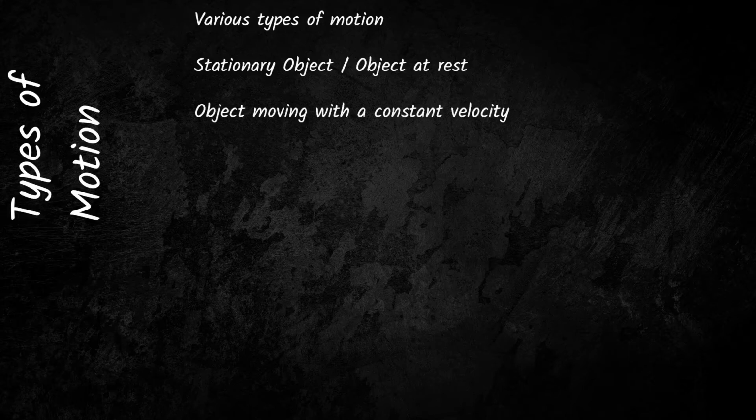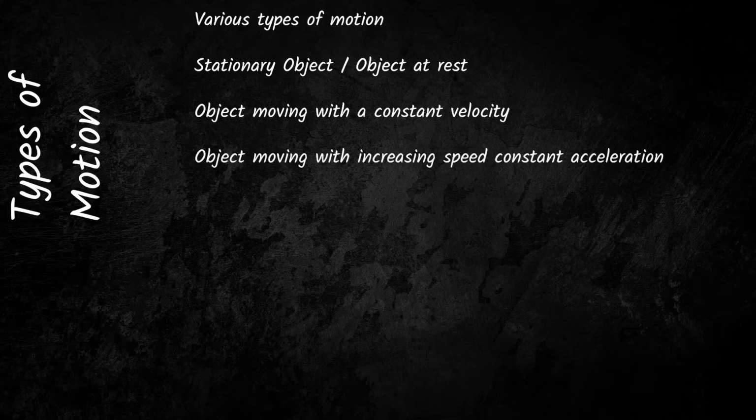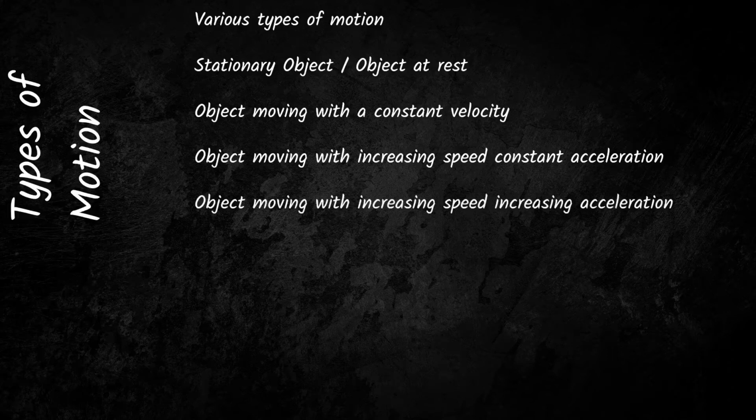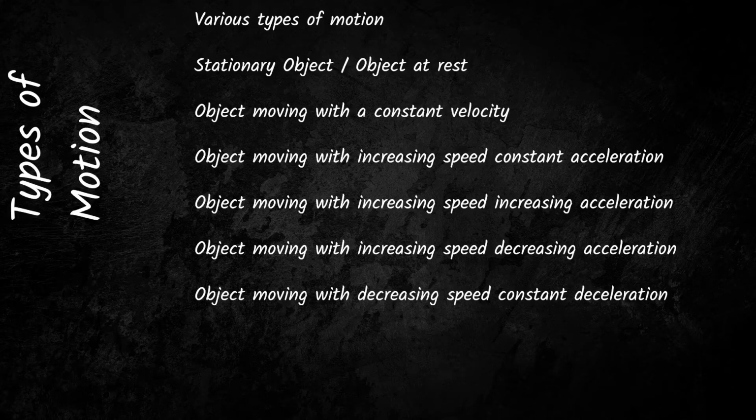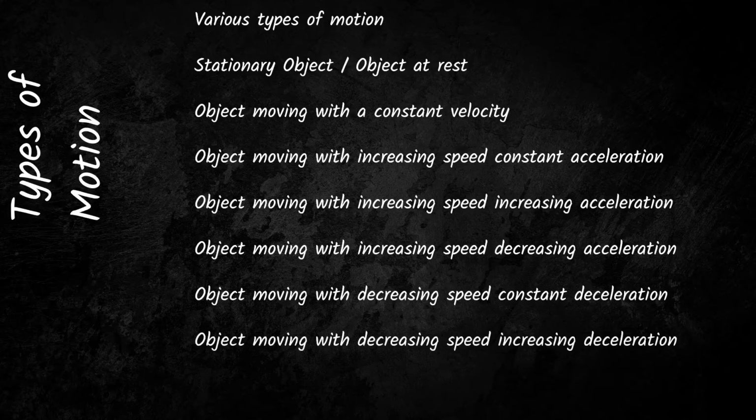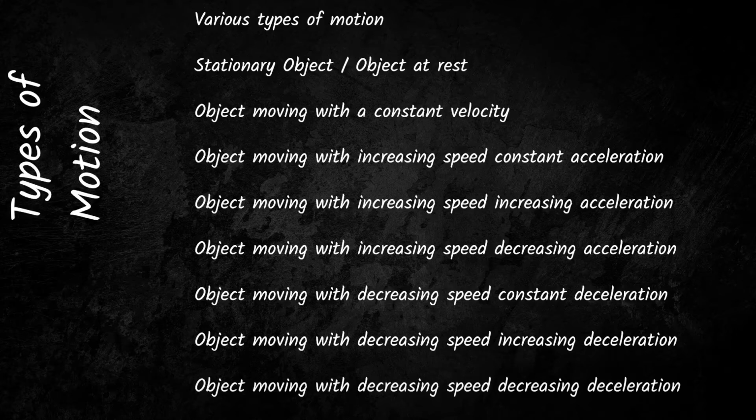Number two, object moving with constant velocity, increasing speed and constant acceleration, increasing speed, increasing acceleration, increasing speed, decreasing acceleration, decreasing speed, constant acceleration, decreasing speed, increasing deceleration, and decreasing speed, decreasing deceleration. So we've got at least 3 to 4 extra types of motions that we are going to define using a